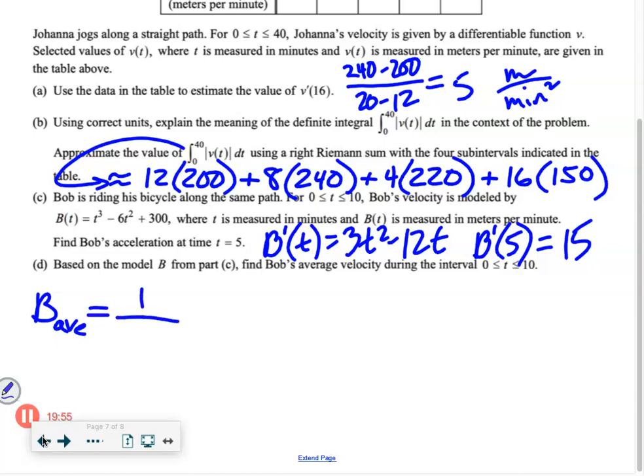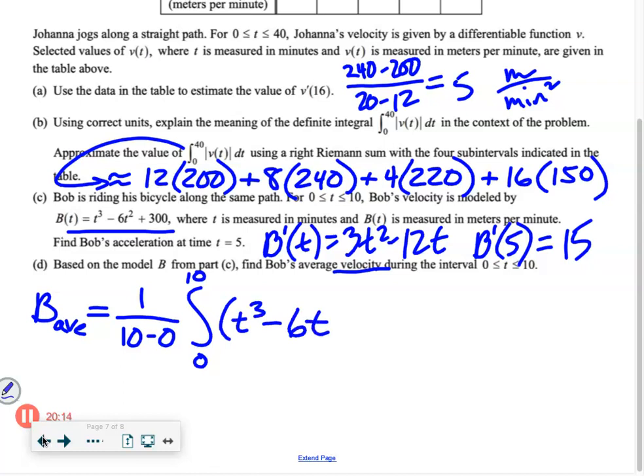I get 1 over 10 minus 0 times the integral from 0 to 10 of the velocity, since you put whatever you want the average of right here. I'm going to write it out because I'm going to have to anti-differentiate by hand, plus 300 dt. So you get 1/10 times